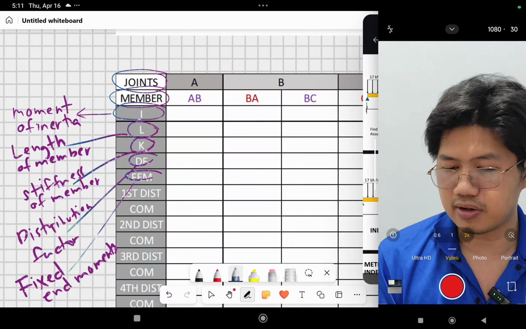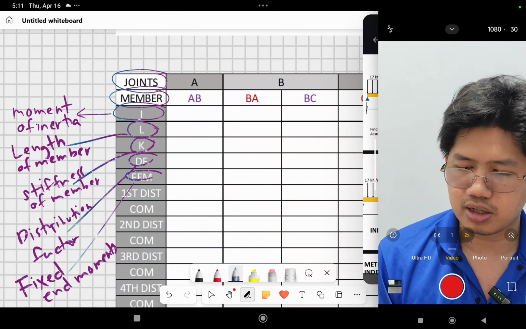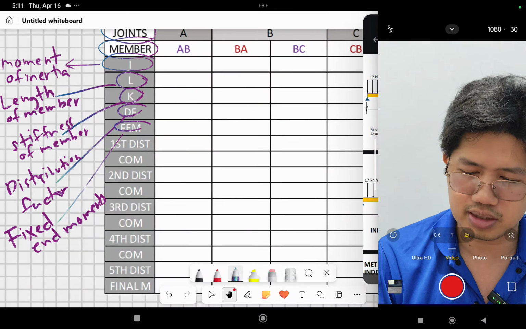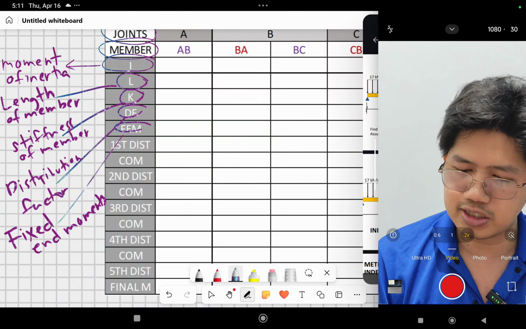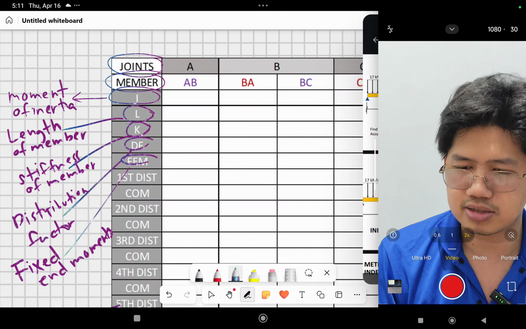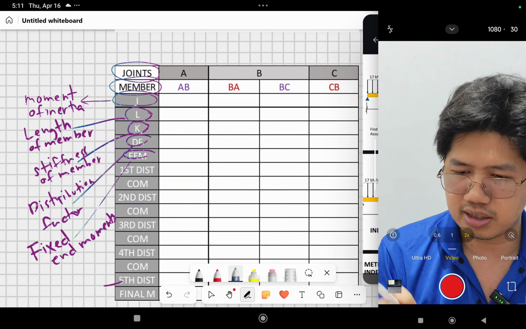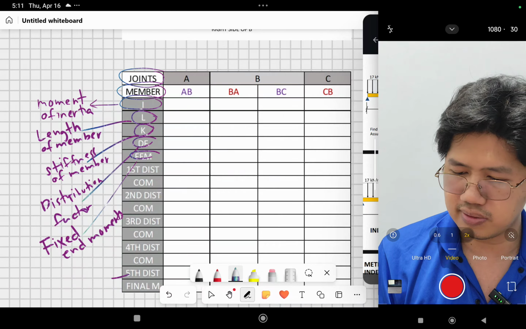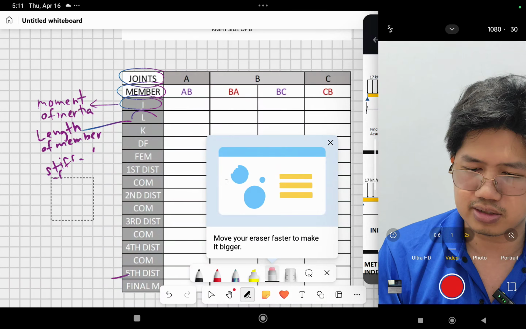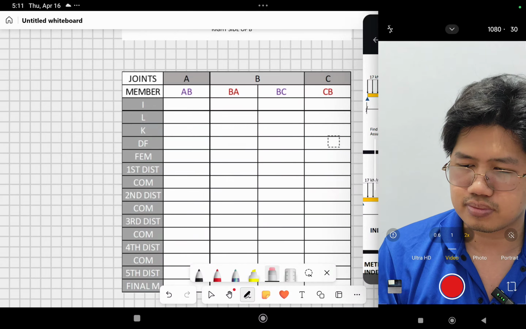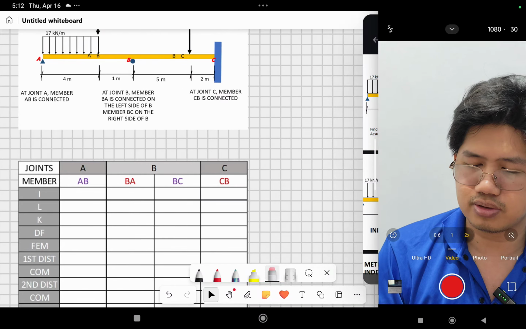Okay, and then we have first distribution carry over and second distribution carry over moment until we reach the fifth distribution line and then final moment. So we will discuss every element in this table. Okay, so how do we divide this table? So let me erase this one. Okay, so